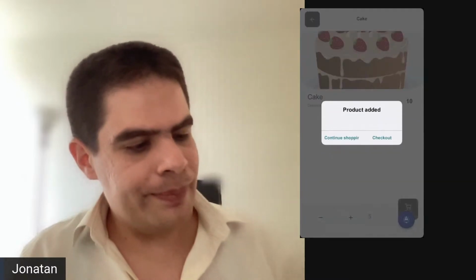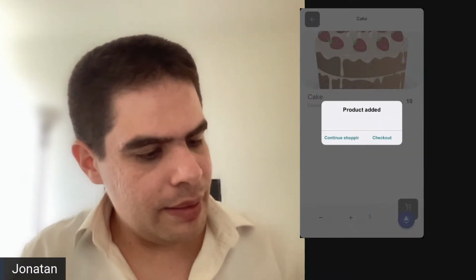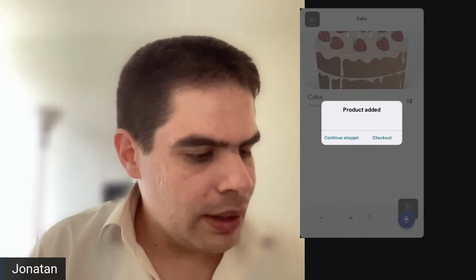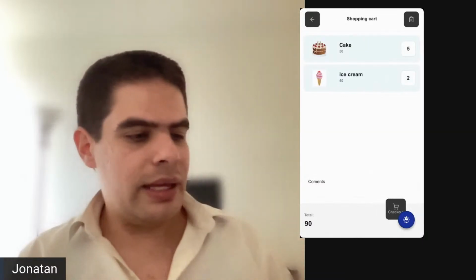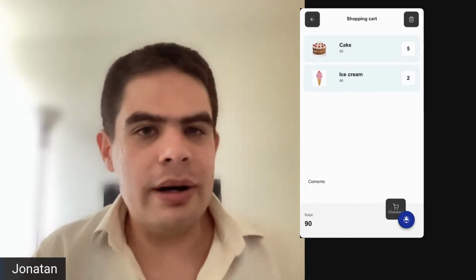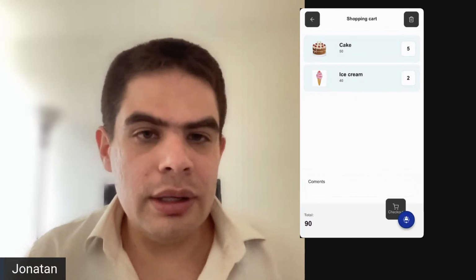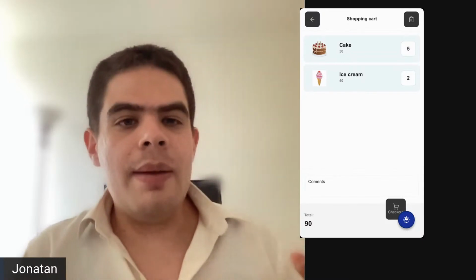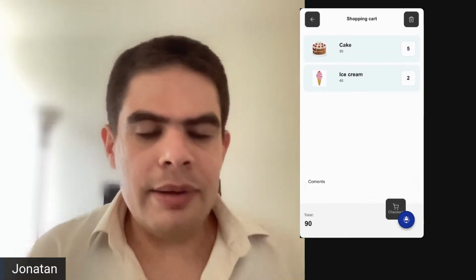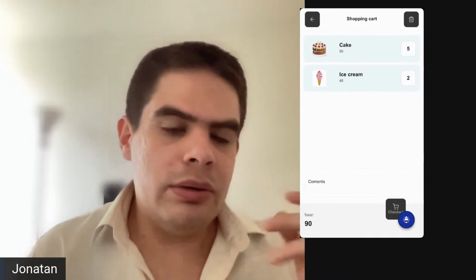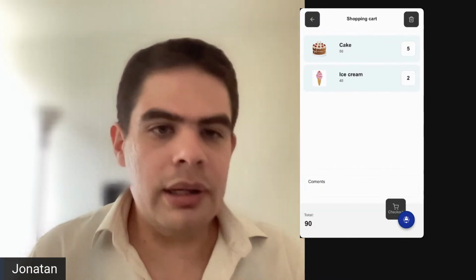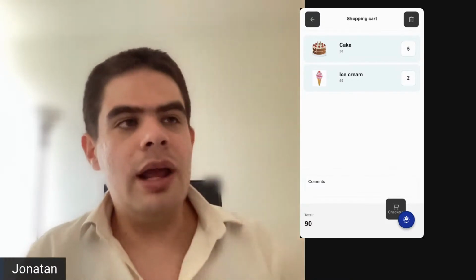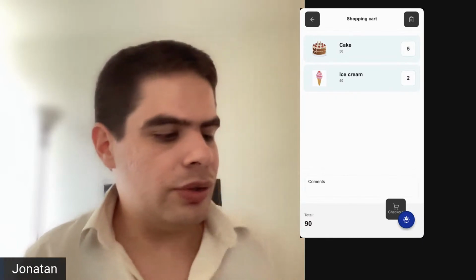Then we press the buy button, and now the product is added to my cart. If I go to my cart, I can see the products I have in my cart. This information is stored in the phone, so it's on the local database. I have the quantity of items for each product, and also I have the total. Now, we have $50 at the first, $40 at the second, and the total, and the option to add some